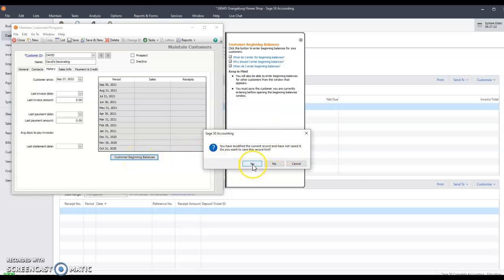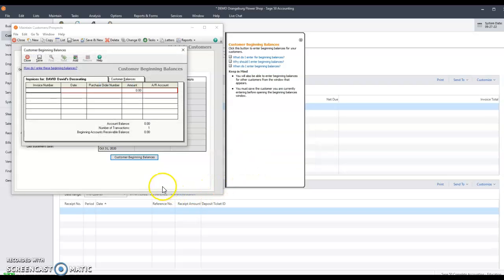It wants to know, do we want to save the customer first? Yes, we do. What's the invoice number for David's? It's 221, and that was from September 23rd,